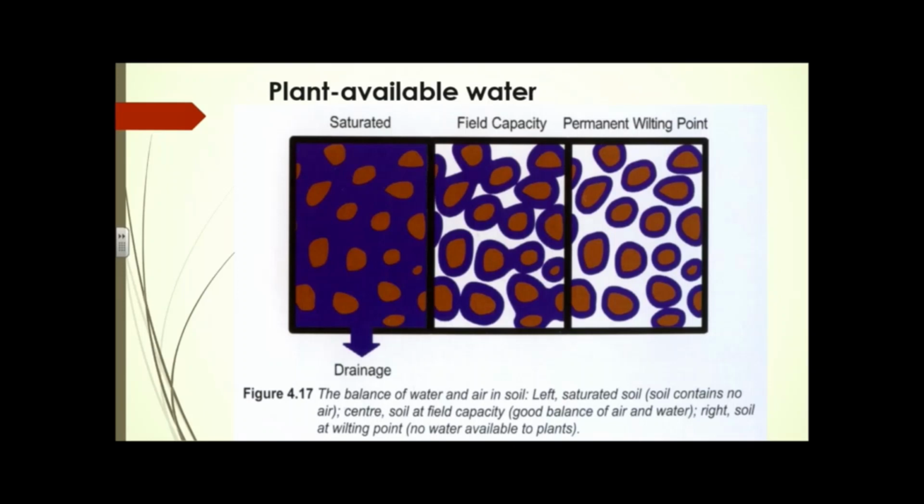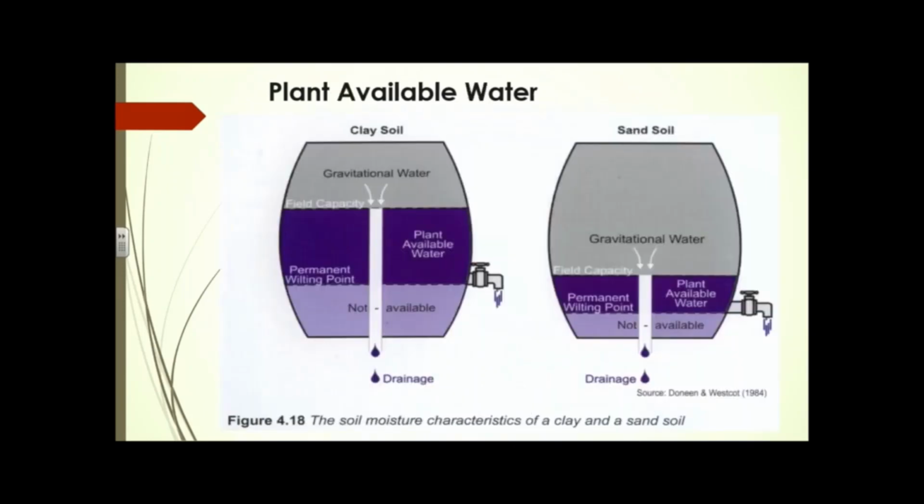So what does it look like graphically? Here's just two examples, and I want to thank, is David McKenzie in the audience? Because I'm using some of your fantastic diagrams out of your handbook for horticulture. But this shows in a really nice way how you get differences between these different partitionings of water between the gravitational water. So you can see in a clay soil, there's not much gravitational water compared with a sandy soil. The plant available water is a lot more in a clay soil, and the non-available water is